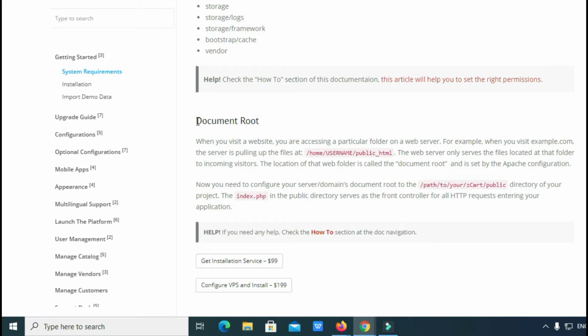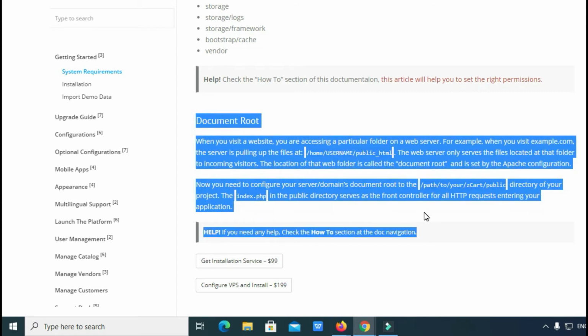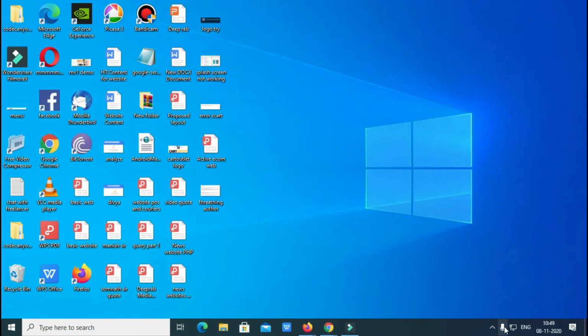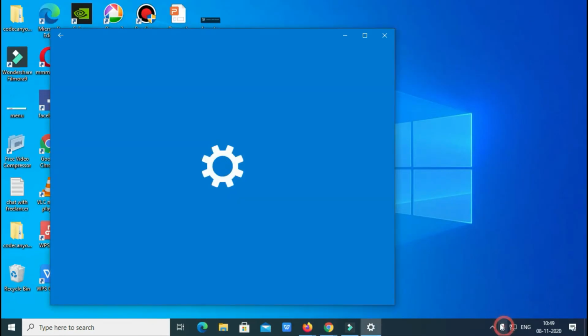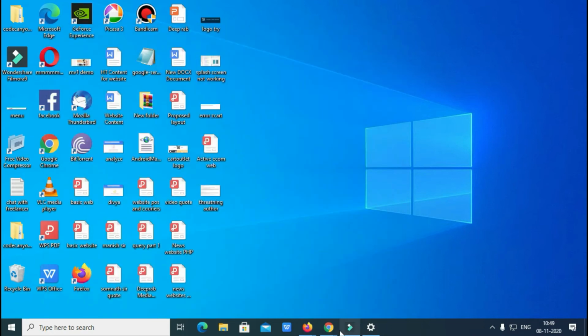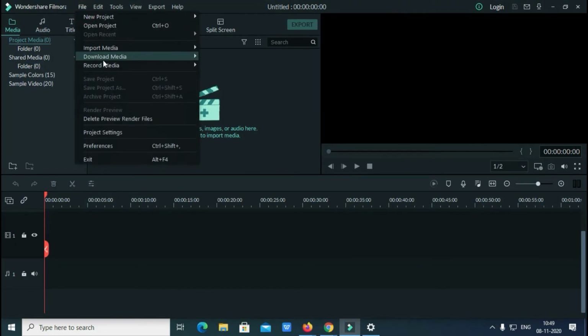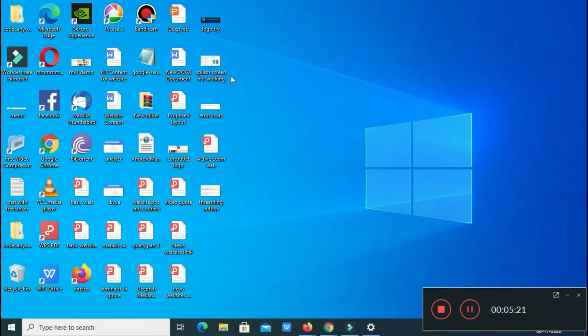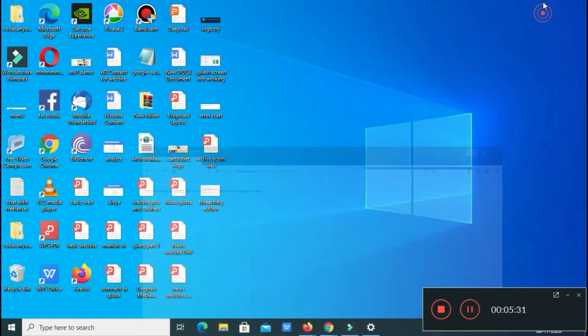Next is the document root. When you visit a website, you are accessing a particular folder on a web server. For example, I am here, and I'm just checking whether the recording is happening or not.